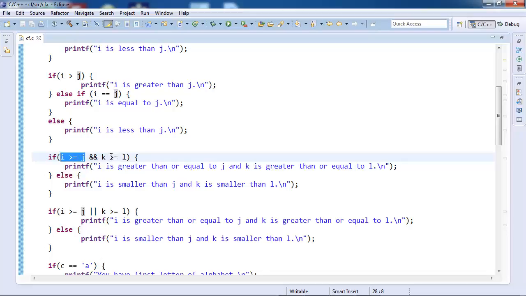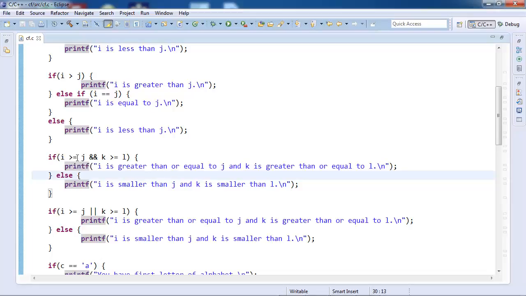That means this will not even be tested. Because this has become false, this entire expression is false. So this printf will not be tested at all. This short circuit evaluation increases the efficiency.